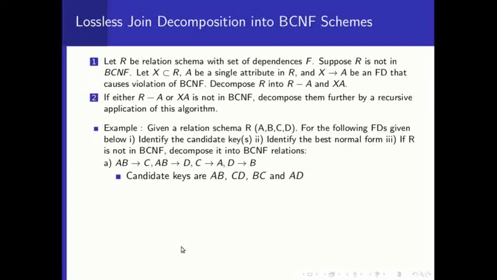Again, candidate keys are minimal super keys. A super key is a set of attributes which can uniquely identify a row, a tuple, in a relation. Whereas candidate keys are minimal super keys, meaning elimination of any attribute breaks it. For example, from A, B, if we eliminate B, A alone cannot be a key of this relation. Similarly, from C, D, if you delete D, C cannot be a key. That is the definition of candidate keys.